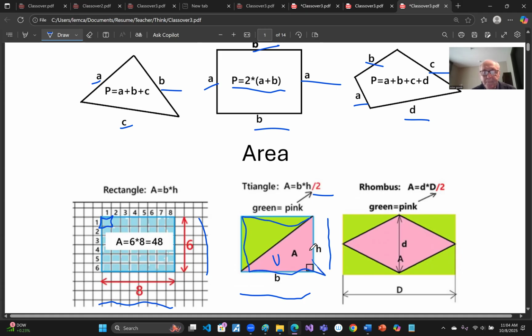of the rectangle. Similarly for a rhombus, its area is equal to the product of the vertical diagonal by the horizontal diagonal, and over 2, because this pink area is half of the area of the big green